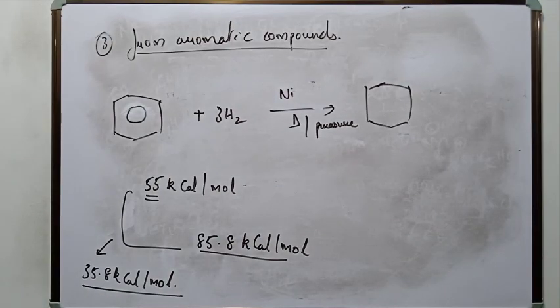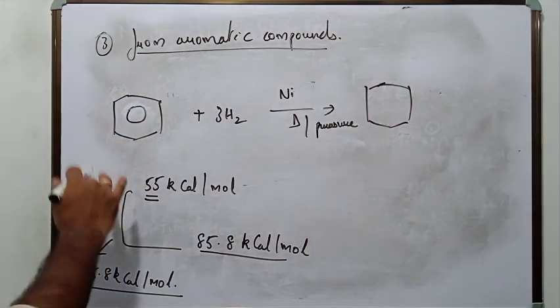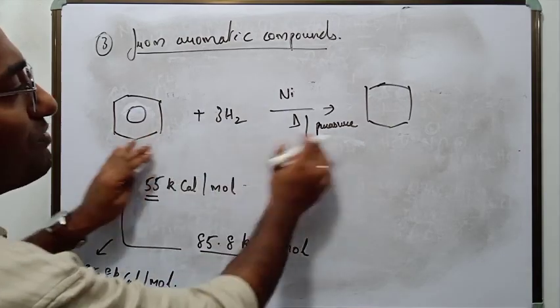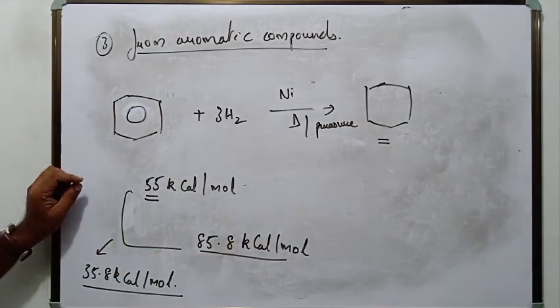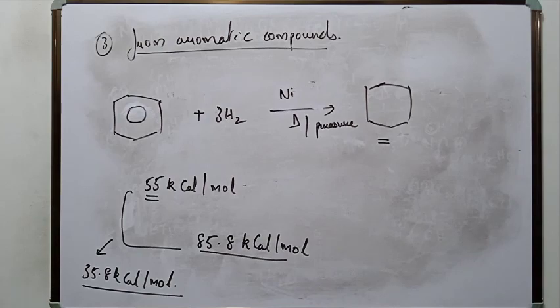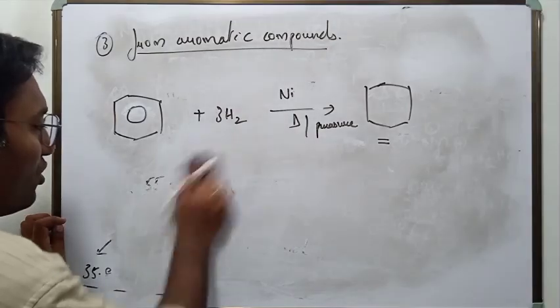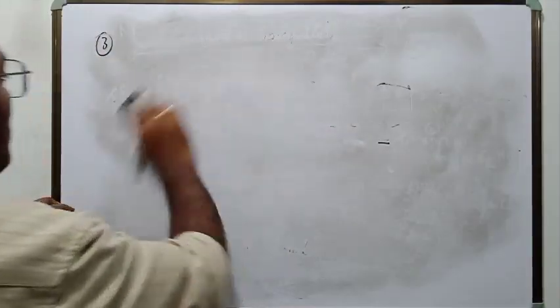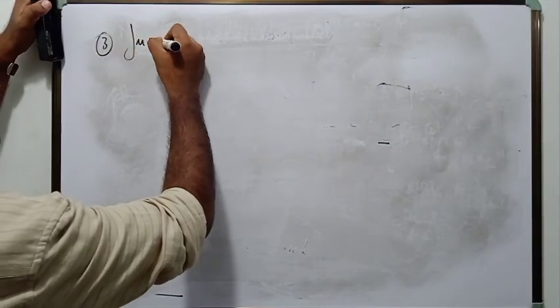To understand what resonance in benzene is, please refer to my video class on resonance, where I have discussed this heat of hydrogenation of benzene and proved that resonance actually exists in benzene. So what we need to know in this section is that there is this method from which you can make cycloalkane and its derivatives from aromatic compounds. Now let us go for the fourth method of preparation of cycloalkanes, that is from calcium and barium salts